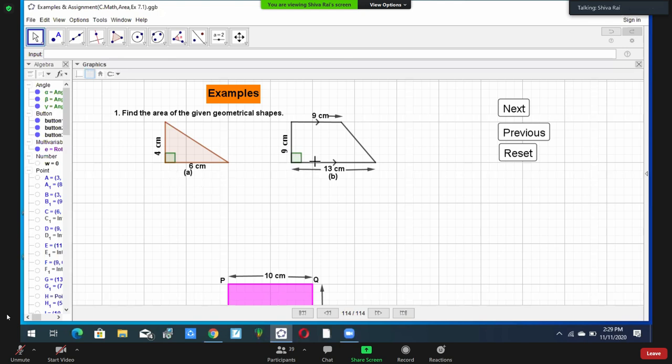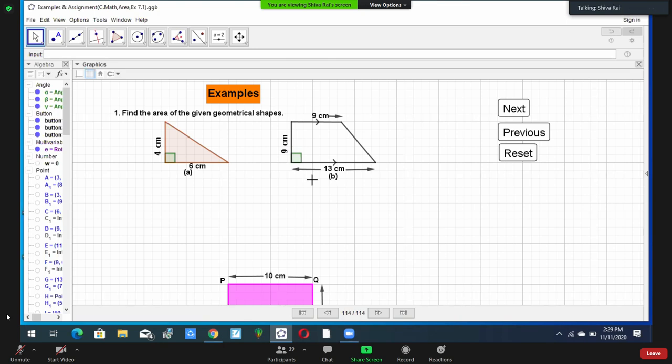And the second figure, what figure is this? Quadrilateral. Yes, quadrilateral also. It is a special type of quadrilateral. It has another name: trapezium. You are not wrong, but it has a special name. So already you know the formula to find the area of a triangle and of a trapezium. Sir, what is the difference between trapezium and quadrilateral?